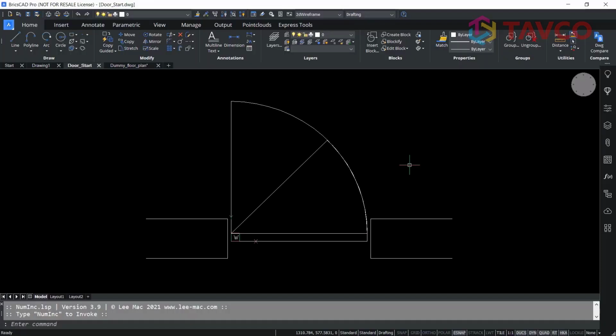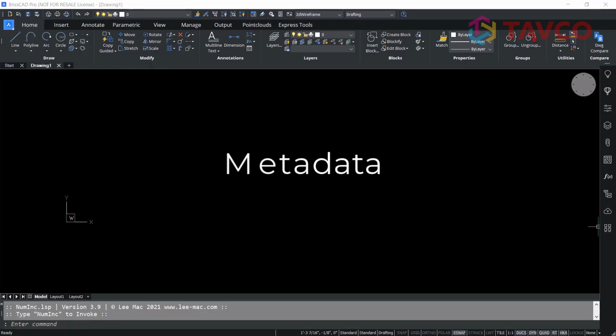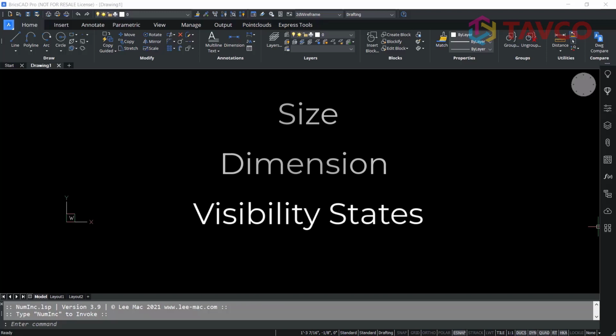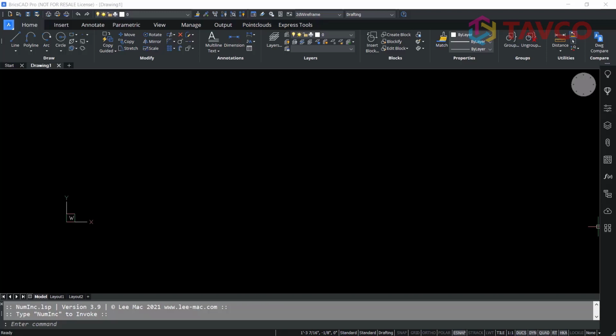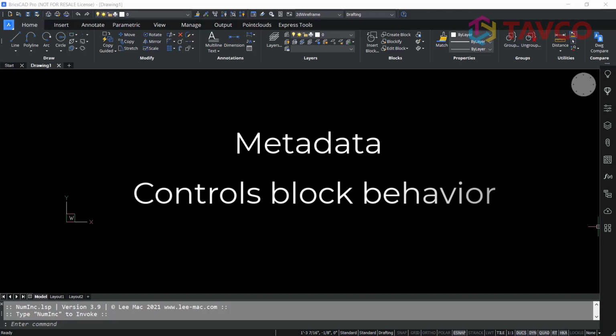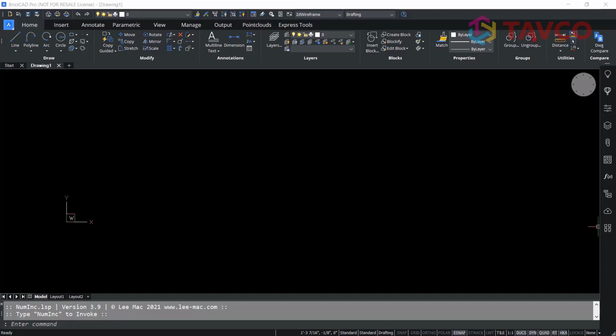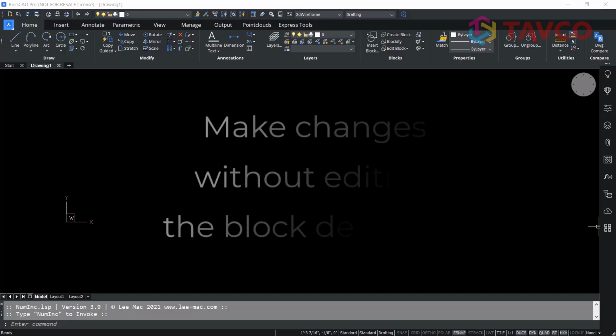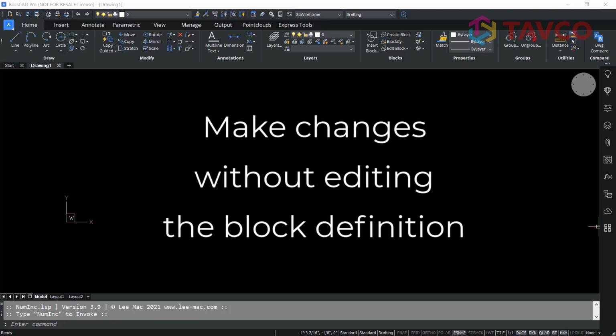Parametric blocks are blocks which contain not only pure geometry, but also some metadata. This metadata affects the geometry of the block, for example, the size or dimension of the geometry and its visibility. The metadata controls the way the components of the block behave. What this means is that the size and appearance of a parametric block can be modified without editing the block